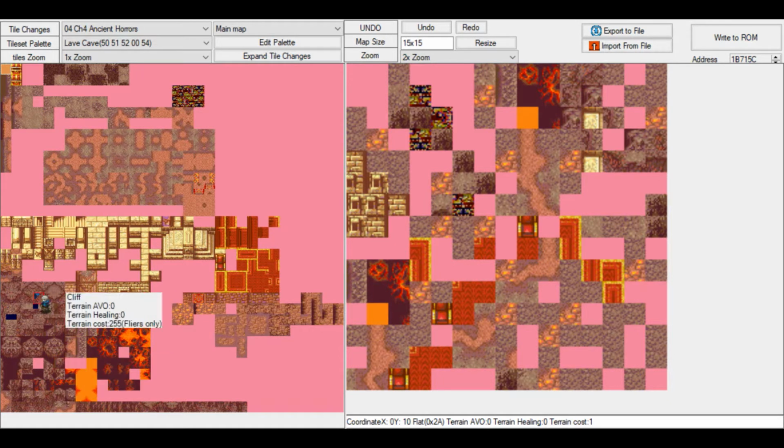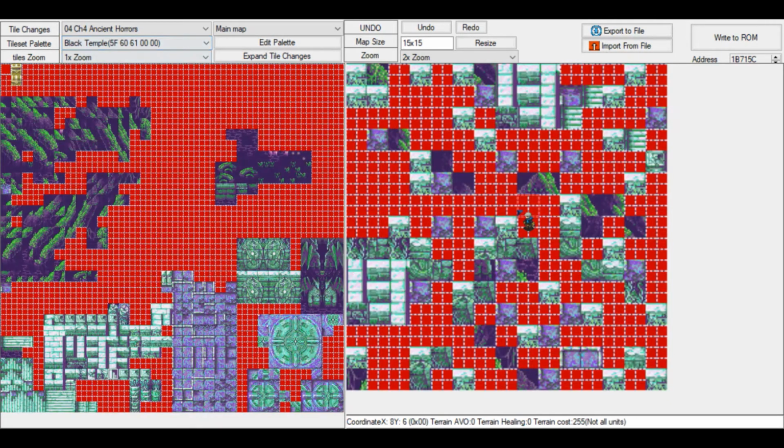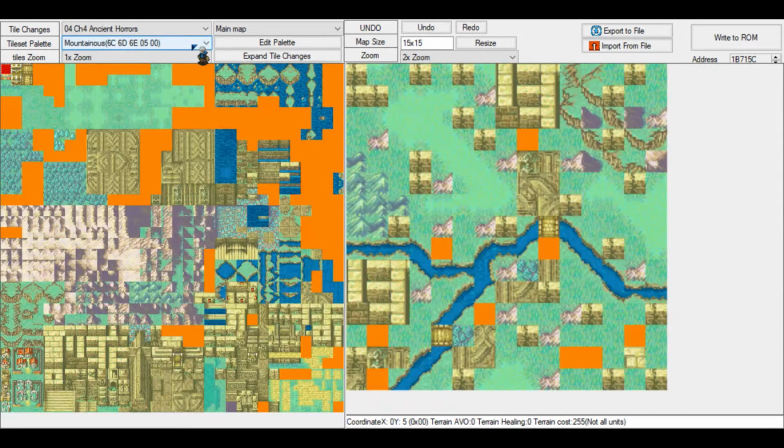Where you go fight Gorgons. This is inside the temple where you fight the Demon King. Even more mountains. This is the tile set of the Burn Mountains and of some of the Lagdao Ruin maps. It's like where you go to fight Murdoch. That's like this particular tile set. And when you go to the Shrine of Seals, that's the same map.